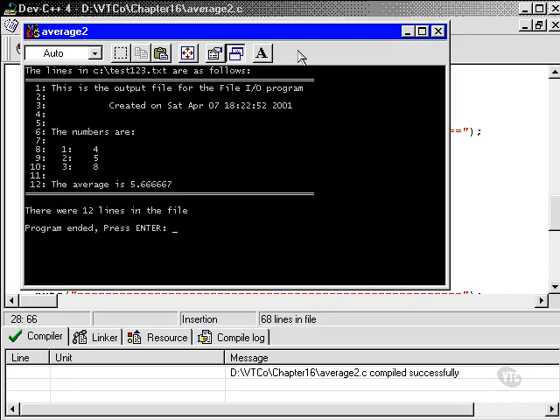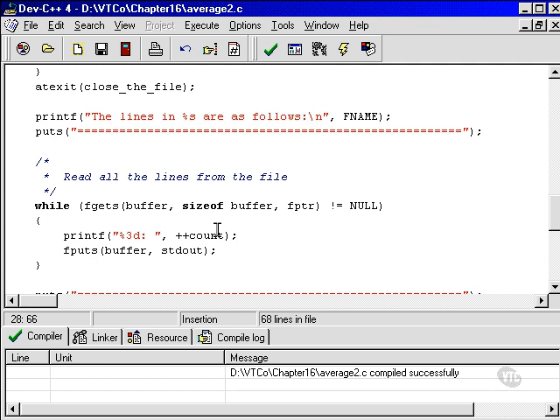And run. Okay, look at that. The lines in that file are as follows, and there's that file that we just had a look at a second ago, with a bunch of line numbers down there. There were 12 lines in the file, and that looks about right. Program ended, press enter. Okay, now I know I went through that very quickly, but I suggest that you open up this file, average2.c, in the chapter 16 folder, and examine it at your leisure